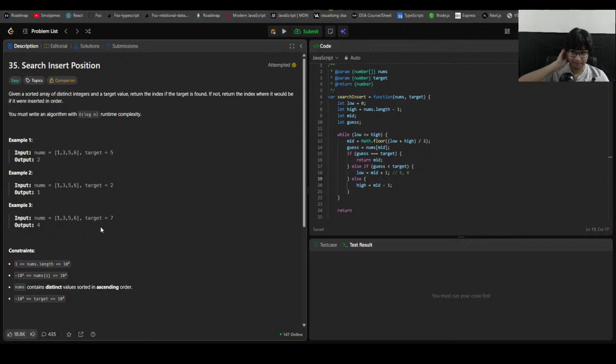Okay. Let's do it again. Okay, let's take this example. That's 2. My guess is going to be 3. 3, which clearly is bigger. I mean, yeah, bigger than that. So my high becomes